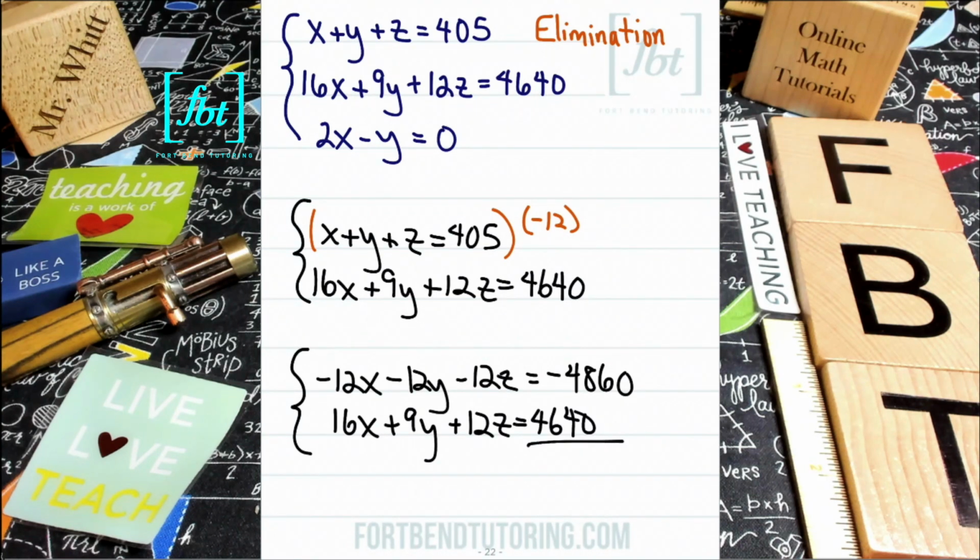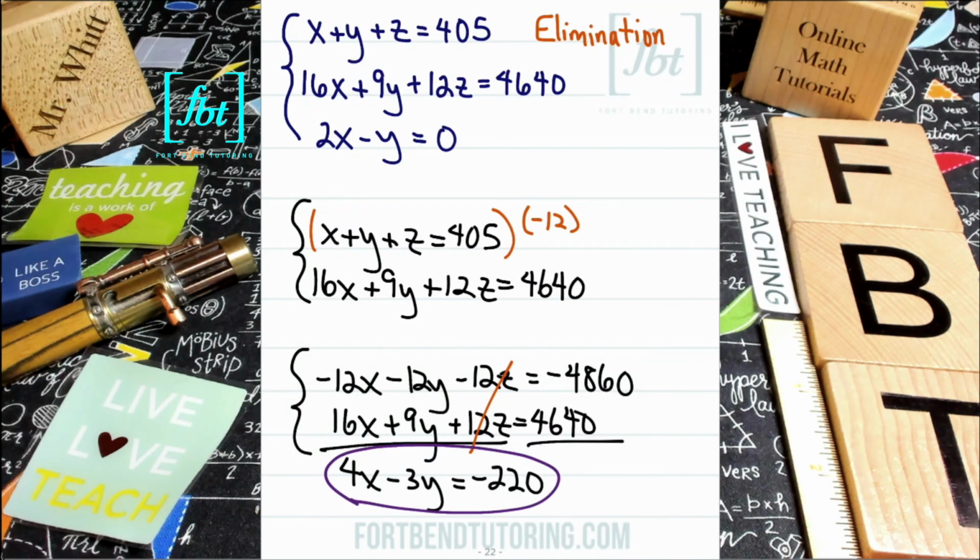Now that I have everything set up, we can go ahead and use our elimination method and cancel out our additive inverses on the z's. So our z's are definitely going to cancel out, and we'll be bringing down 4x minus 3y equals negative 220. All right. And we want to hold on to this equation right here. It'll be this equation as well as the 2x minus y equals 0 that we'll be using to isolate one